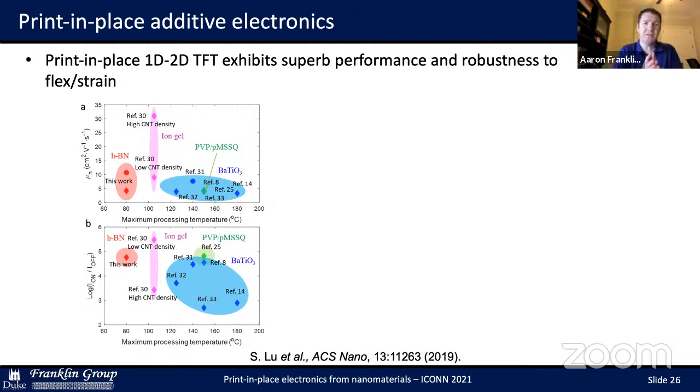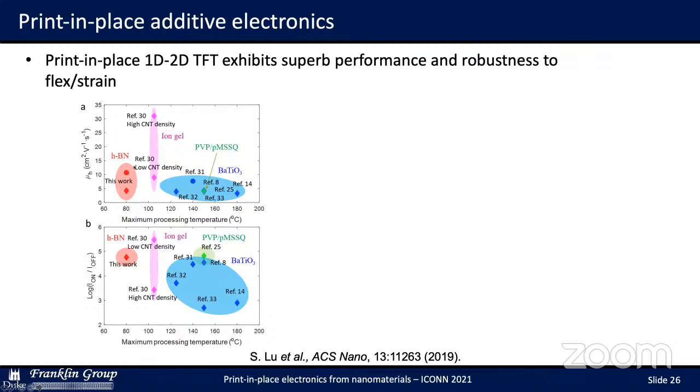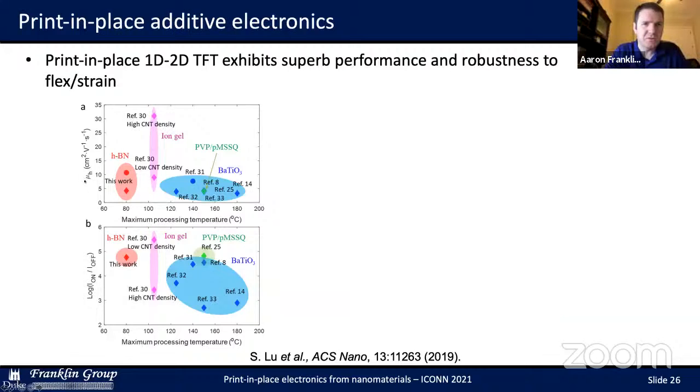The comparison of the performance with other printed devices. Now, keep in mind, this is the first, and to our knowledge, the only print-in-place transistor that's been reported with an additive printing process. But the rest of these are printed using other techniques. And you can see that in terms of mobility, we compete and actually exceed most any other result with the exception of a high nanotube density result, which corresponded to a low on-off current ratio for that high nanotube density.